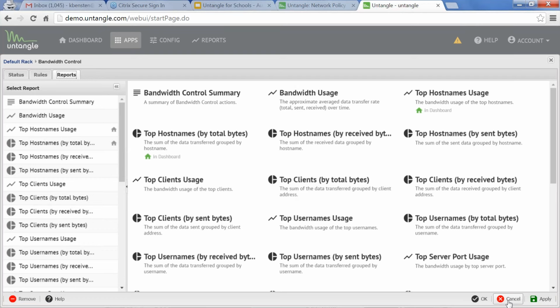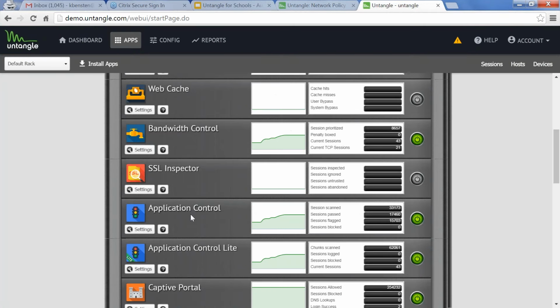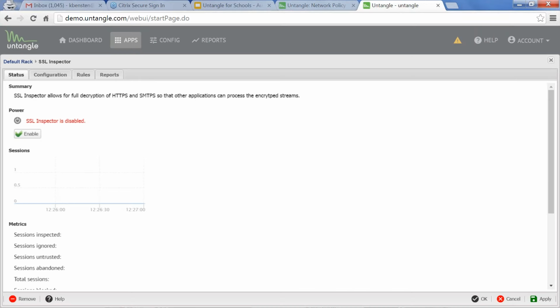So there's bandwidth control. Again, trialing it and learning how the functions work are really going to be key, but I just wanted to give you an overview of what these modules will do for you. In conjunction with web filter, our SSL Inspector really is a key player. If you're not blocking SSL traffic, you're really not filtering anything. Web filter and SSL work hand in hand, and this allows you to block HTTPS traffic.